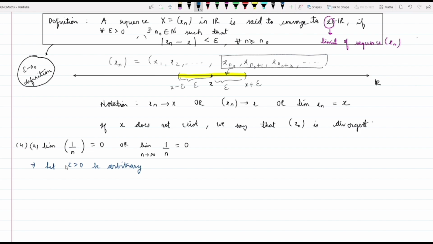Now, since epsilon is greater than 0, we can talk about 1 upon epsilon. Later on, towards the end of the solution of this problem, we will realize why we are interested in 1 by epsilon. So we can say that 1 by epsilon is also positive, and this gives us the usage of the Archimedean property. So therefore, by the Archimedean property,